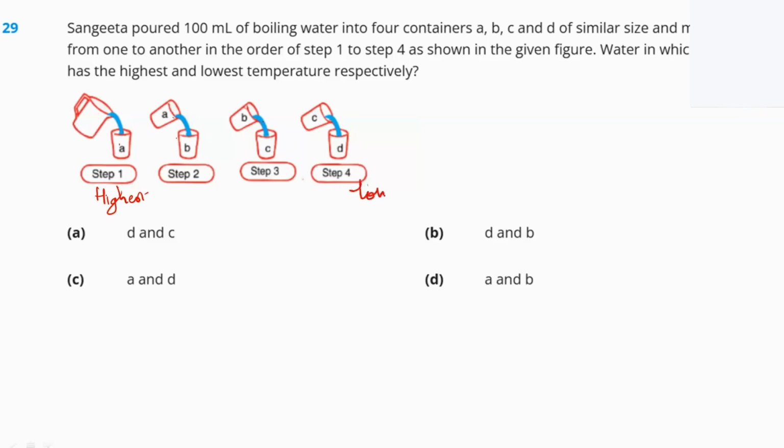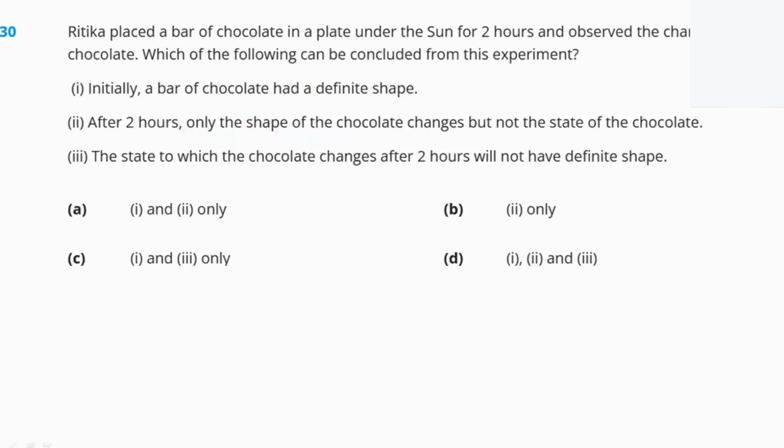So fourth step is the lowest. So highest is glass A and lowest is glass D. So option number C is our right answer. Okay, A and D. Next, Ritika placed a bar of chocolate in a plate under the sun for 2 hours